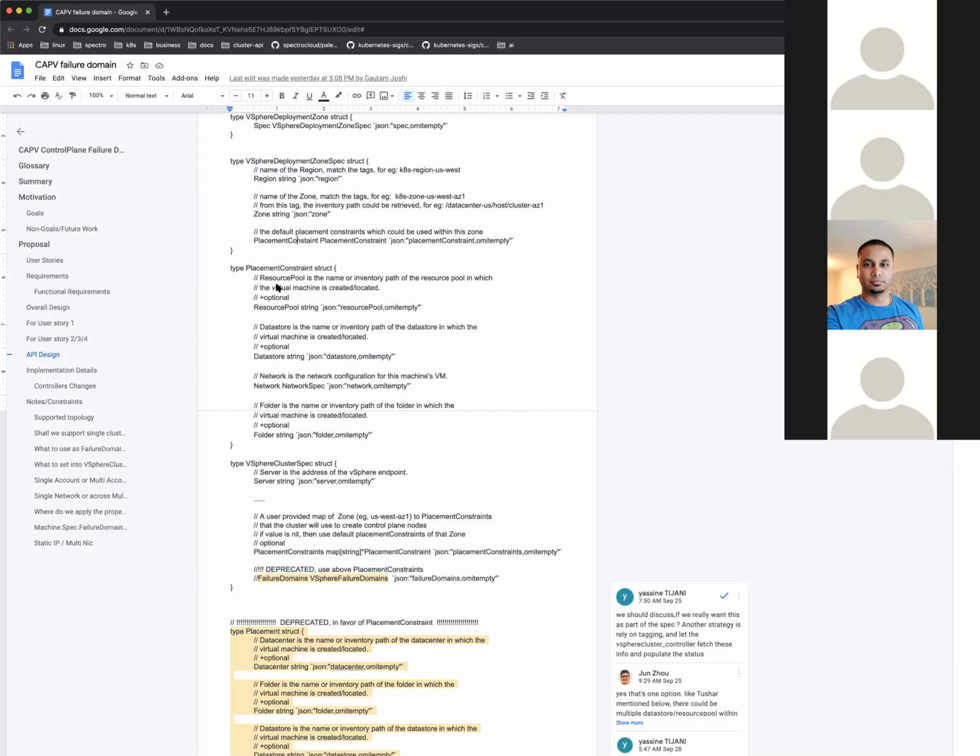I think I understand your proposal. The only point that I'm thinking is from the user's input perspective. For example, right now, if one user wants to create one cluster within fault domain 1 with placement constraint 1, the input to the vSphere cluster is not the resource pool and data store that users are usually familiar with, right? The input will be, this is the specific CRD name. Yes, yes. That you want to use.